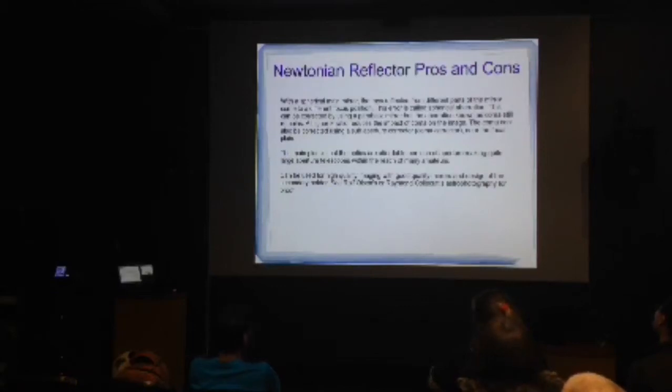spherical aberration problem. You still have one residual problem with a simple Newtonian, which is that as you get away from the centre of the image, you get an effect called coma, and that basically tends to smear the star images out at the edge of the field. As long as you haven't got too fast a focal ratio, it's reasonably acceptable. And you can get what's called a coma corrector, which is basically an optic that you put in the focuser, which corrects the coma. It's a refractive element though, so you're getting away from a pure reflector. But these can work